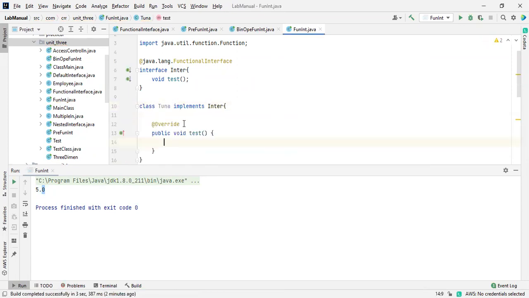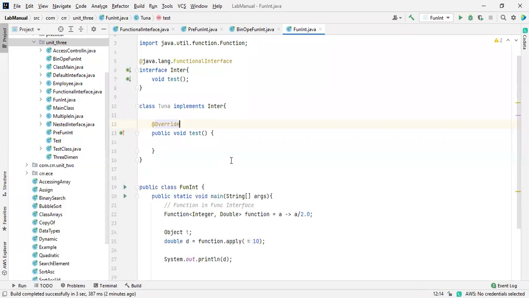So this is one of the annotations. I want to show you the annotation. So what is the override function? I'm discussing the annotations right now. What is the usage of it? Sometimes it is essential, sometimes it is not true. I mean, sometimes it is true.